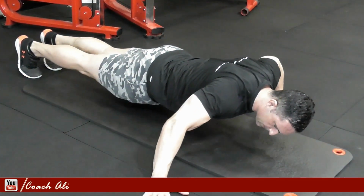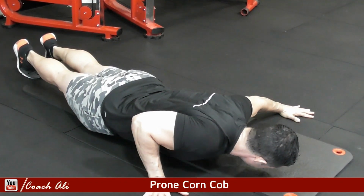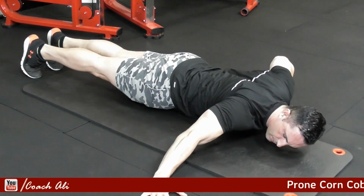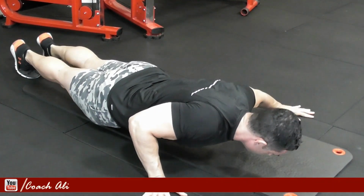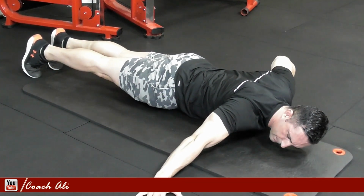Corn cobs for this exercise. So this is a great upper body and core exercise. So you can see I'm starting with really wide arms, and then what I'm doing is I'm gliding across horizontal all the way to one side until I've got an extended arm, and then I'm working through and hitting the